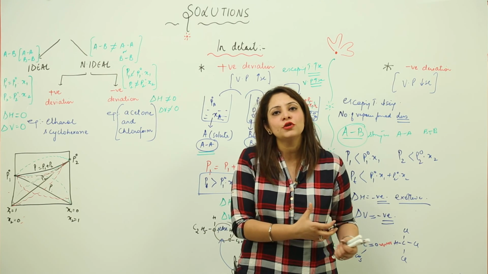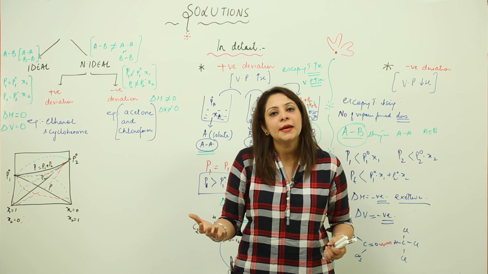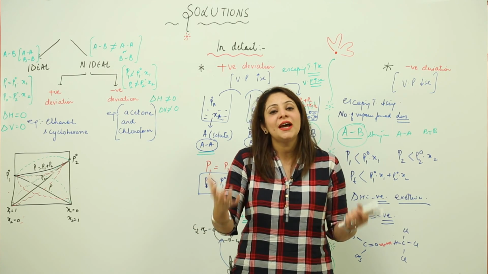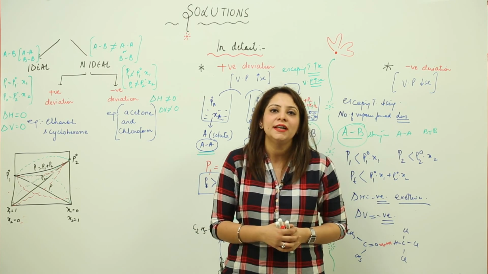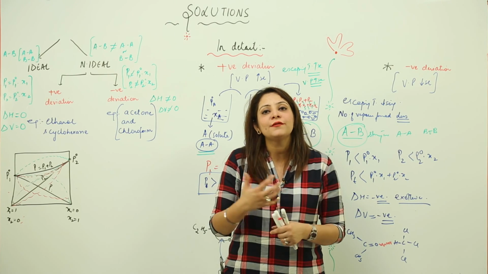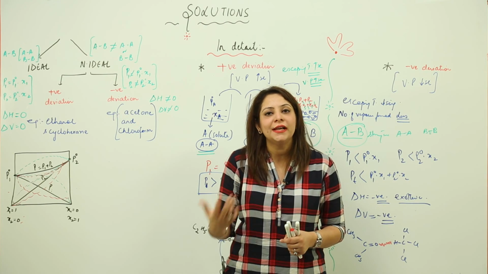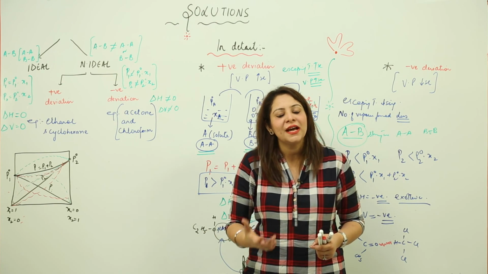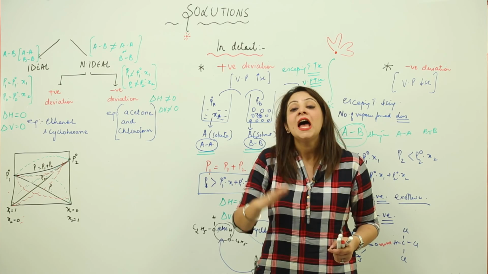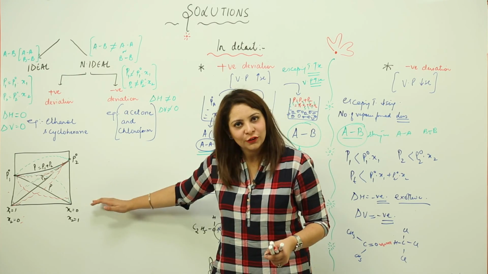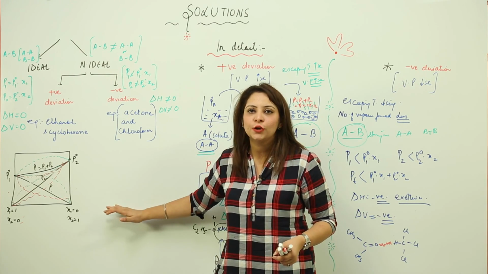When the attractive forces are more, the escaping tendency becomes less, and when the attractive forces are less, the escaping tendency increases. And likewise you have to answer accordingly, taking into consideration delta H and delta V, and you will come to know whether the vapor pressure is increasing or decreasing, and that you can show with this graph also, right? So this is our ideal and non-ideal solutions. Now we are